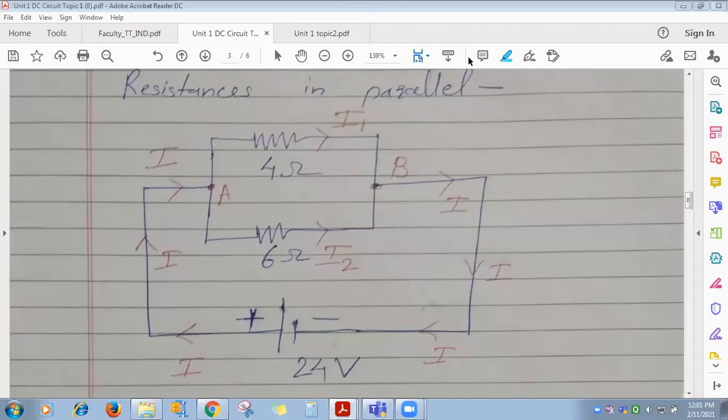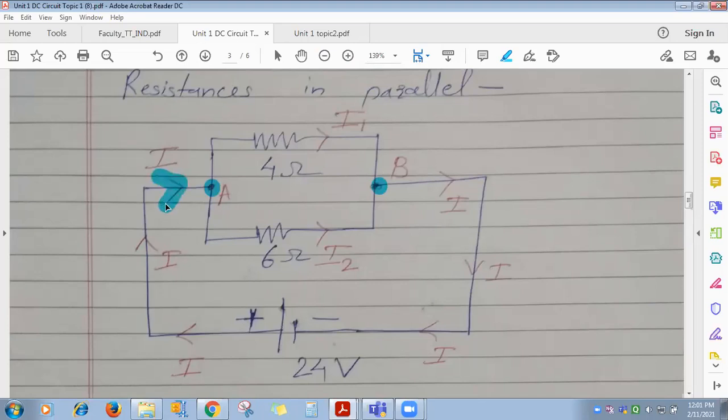Okay, fine. So see, 4 ohm and 6 ohm are connected in parallel. Then how to identify it? For that, see, this is node A. This one is node or junction B. A and B, these are the two nodes, two junctions. What exactly is meant by node, what exactly is meant by junction, in the next topic we are going to cover it. Okay, so what we can say here is 4 ohm and 6 ohm are connected in parallel between the nodes A and B. Now when can we say so? First thing, you check this condition on the current.